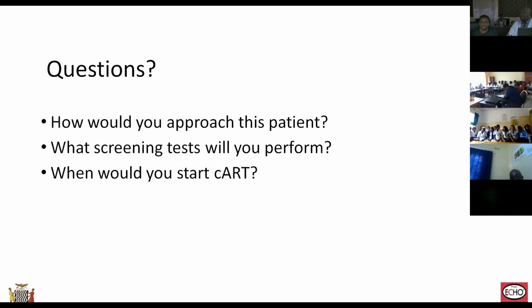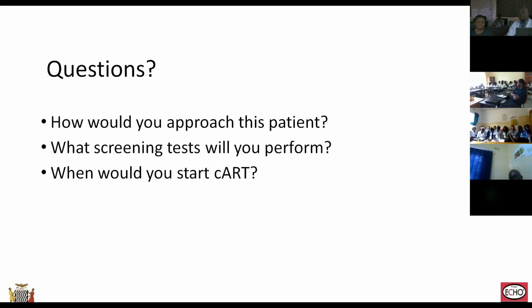We are looking at the approach, the screening, and whether you would start ART or not. Now, if we look at today's topic, it's basically looking at the screening and the preventive modalities that are there in HIV. So the second scenario, the real big question is we agree that this patient has got